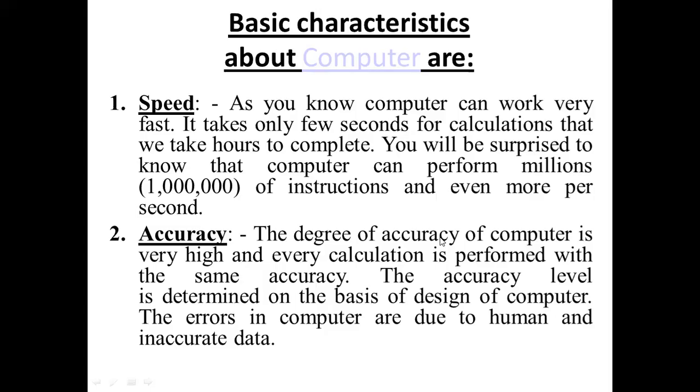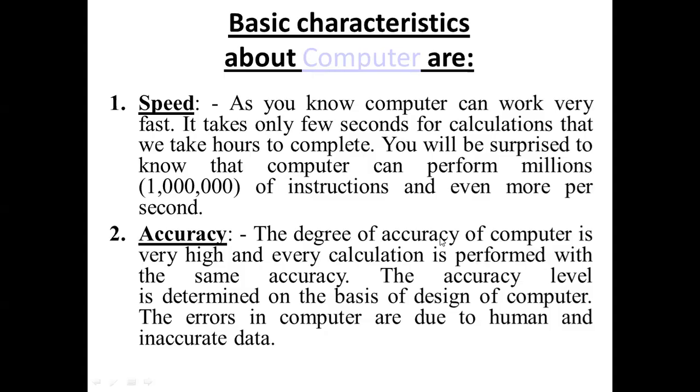So computer is very fast. It can calculate, it can do millions of instructions within a second only. So speed of computer is very fast. That is very well known to everyone. So we always go for a computer when we want to perform a task in a very quick manner. So speed of computer is unbeatable. If we compare computer with human power, human takes more time to complete a task, even days, hours, weeks, but the same task can be completed by computer within seconds only.